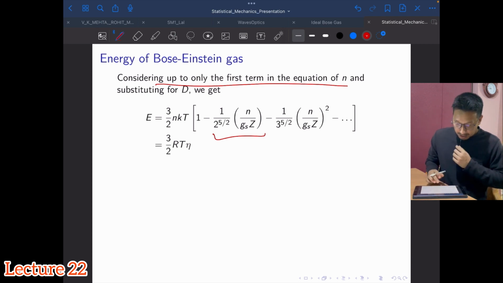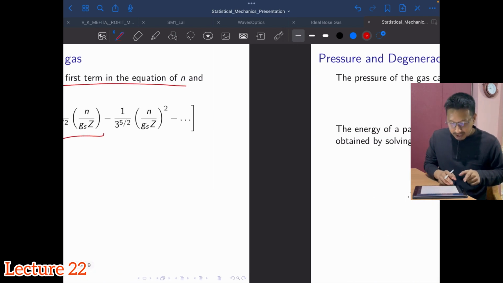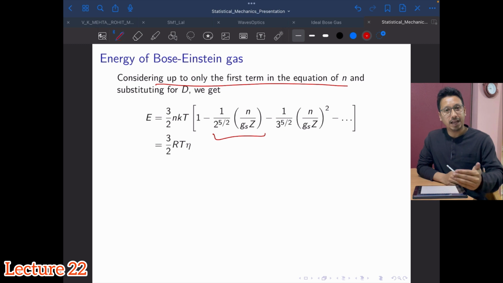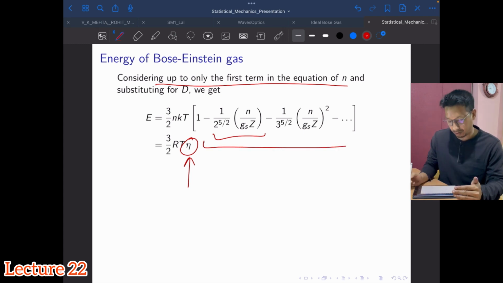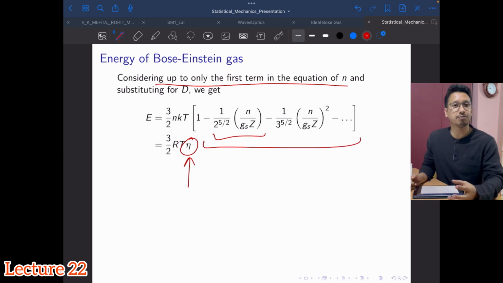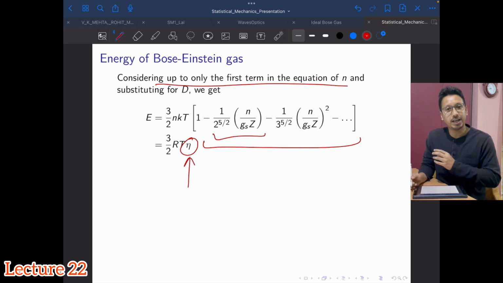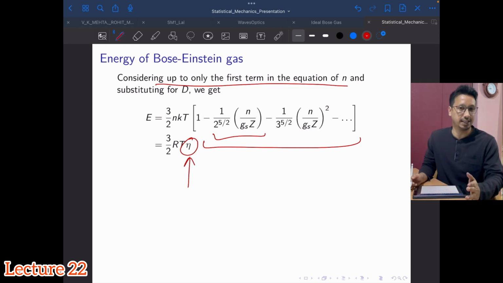So this is about the deviation of energy from a perfect gas, given by this eta. You have to remember this entire eta expression. If you have more and more contribution from the eta term, you will see that the energy is going to be reduced from that of the perfect or ideal gas. This is the way to see the deviation of the Bose-Einstein gas from a perfect gas. Okay, now let's